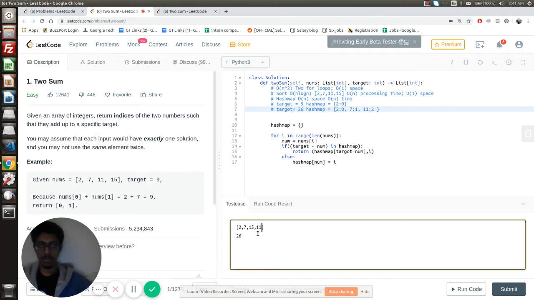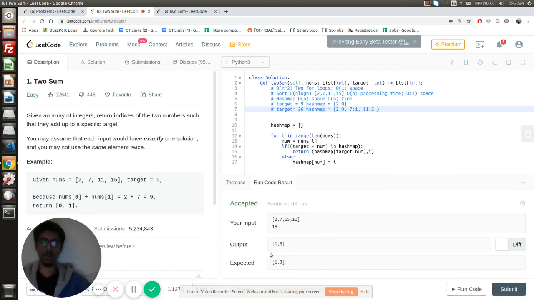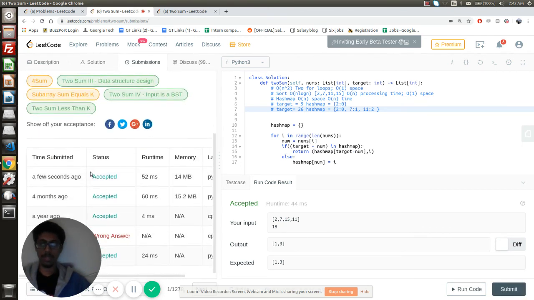So something like this. Let's take 18 this time. 7 plus 11 is 18. This should give you 2 comma 3, no, sorry, it's 1 comma 3. Yeah, 1 comma 3, because you have 7 in the first position, 11 in the third position, right? Okay, this works fine. Let's try to submit this. And we see it's accepted.